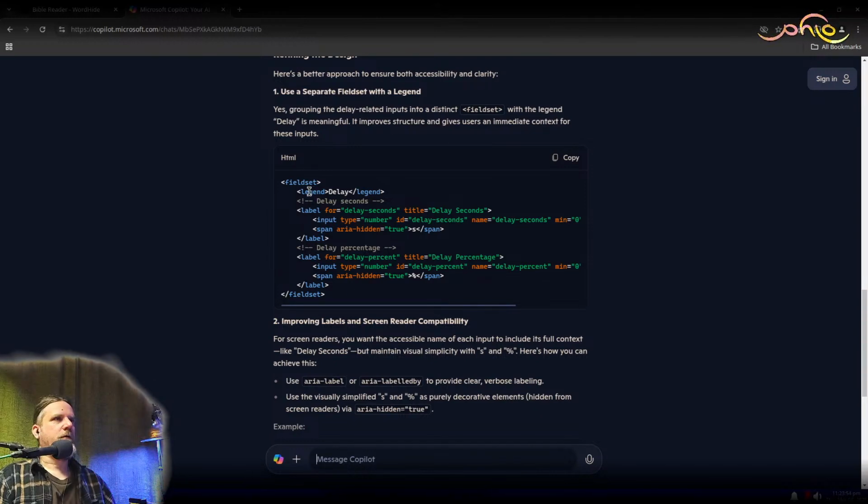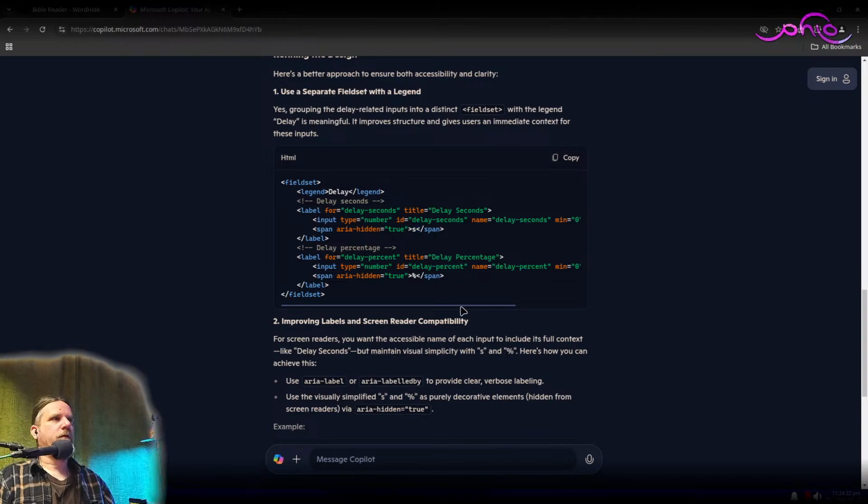So we're going to go with its suggestion. We got a legend delay, which is what I suggested. Label for delay seconds, title delay seconds. And it's saying aria-hidden on the S in percentage, I guess, for some reason.